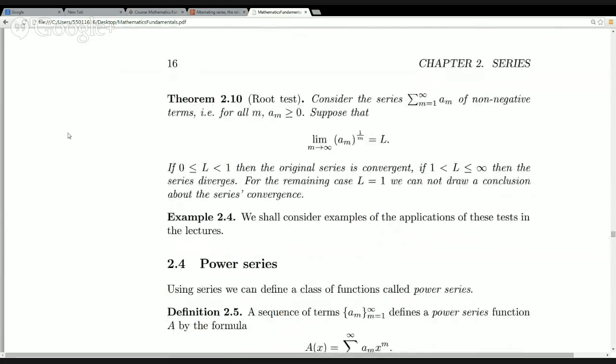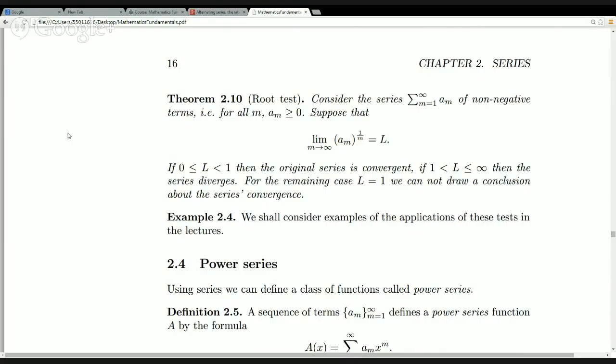Our last test is kind of similar. It still relies on the idea of geometric series behind it. So this is the root test. In terms of the example problems you can solve with it, it's fairly limited. But just to ones where you recognize,